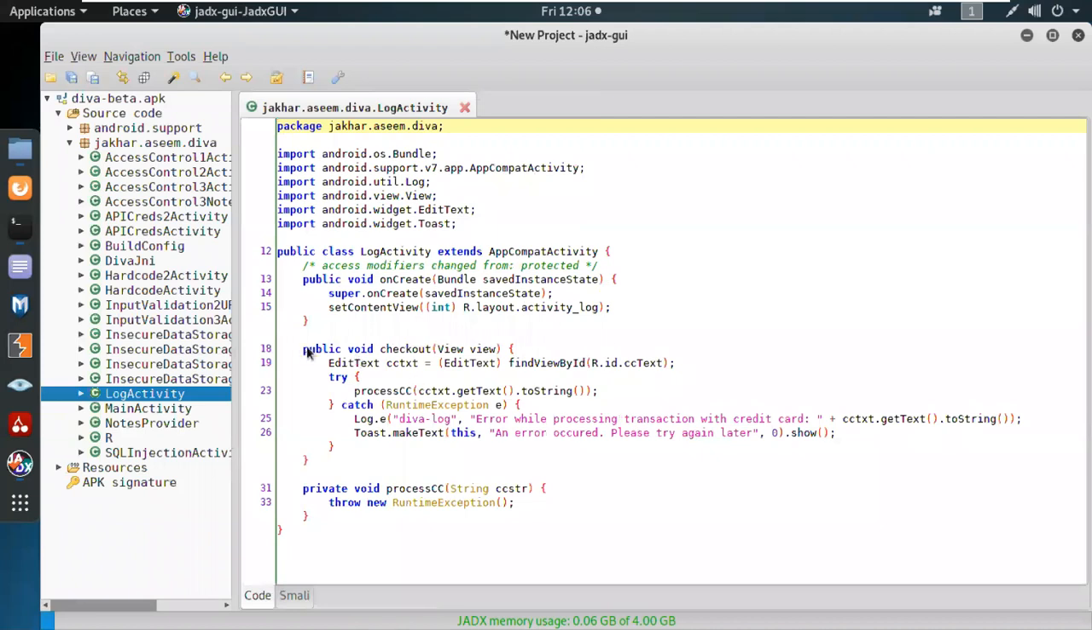So over here, see the public code, the Java code. The main important thing is the Java code. Over here, we need to understand what exactly the code means. So public void, they have given a normal class, and over here you can see they are using a catch function. A catch function is saying log into Diva log error while processing the transaction with the card, cc.text.getText. So the main function, the getText in Java. If you get the information of getText,